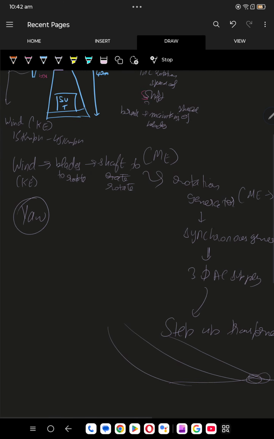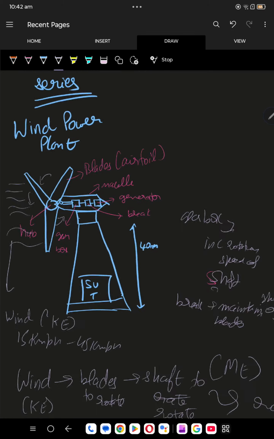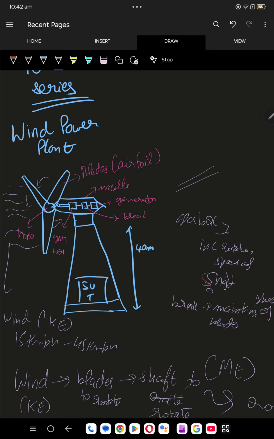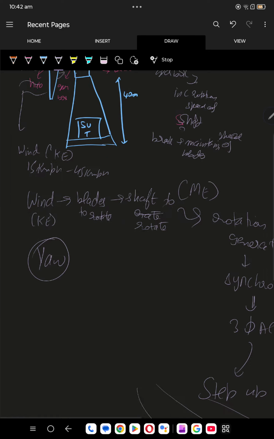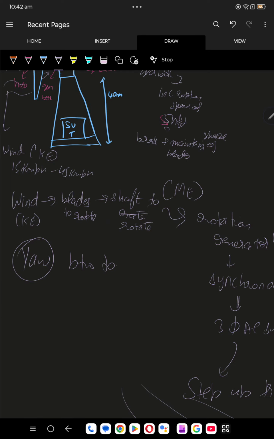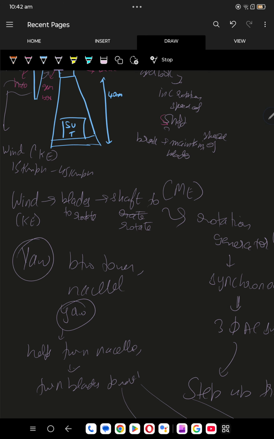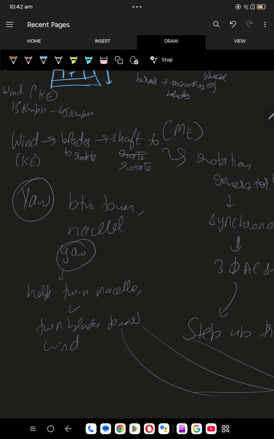Now what if the windmill is facing this side? What if the wind is coming from this side? Right? What if the wind is coming from this side? So between tower and nacelle, you have a part known as yaw, which will help in turning the nacelle. Basically turn the blades, which helps turn blades towards wind direction, because that's how the wind will hit the blades,